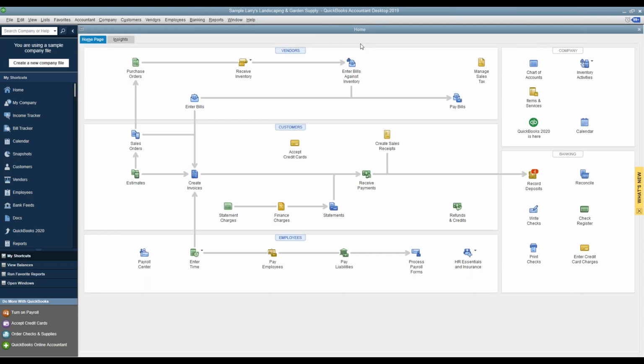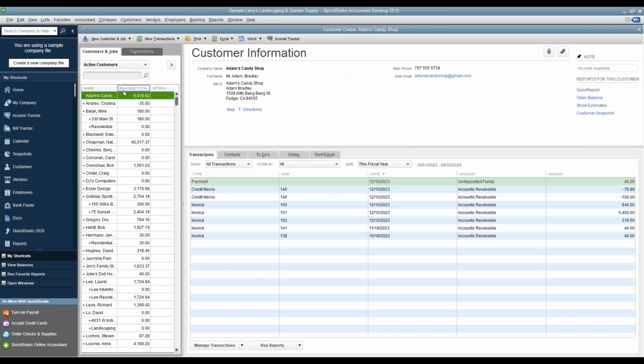Another feature you might find useful is determining which customers are taxable. There are certain situations in which you won't charge sales tax to your customers, specifically if they are a governmental or nonprofit agency. In order to do so, you'll just go to the Customer Center, select one of your customers, and click this little pencil icon to edit,